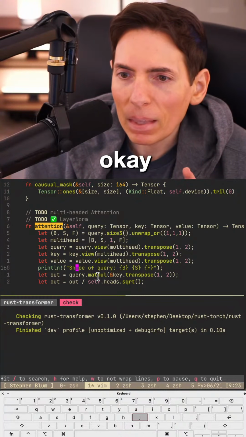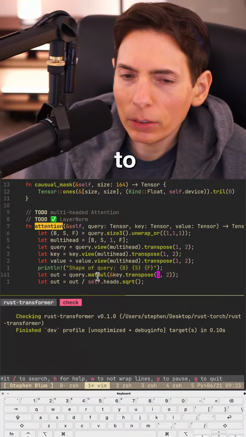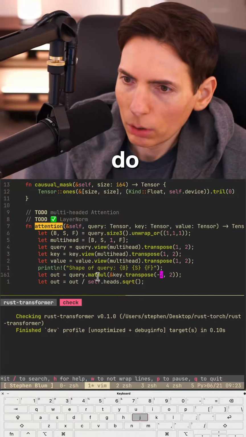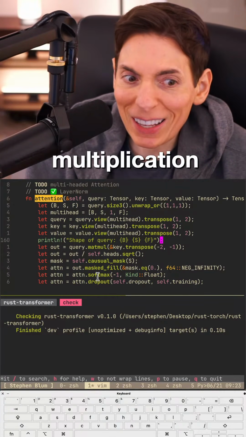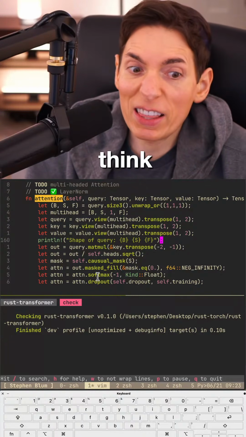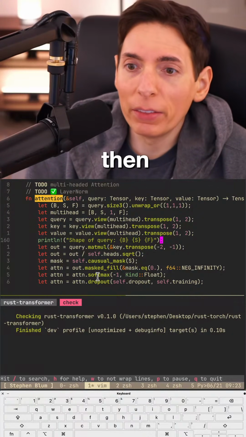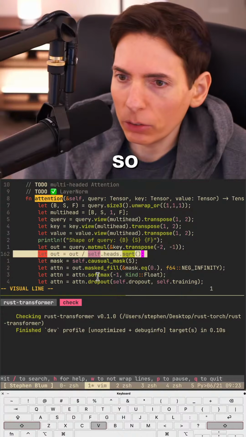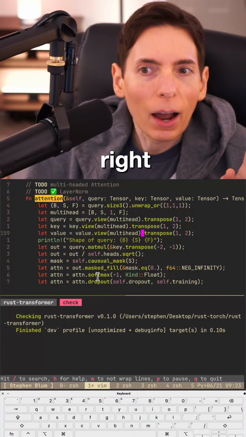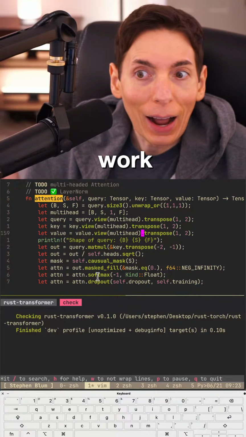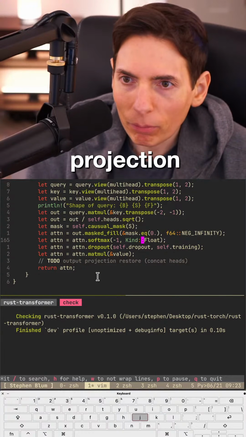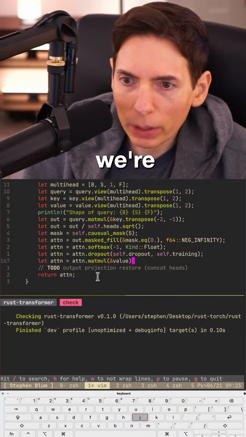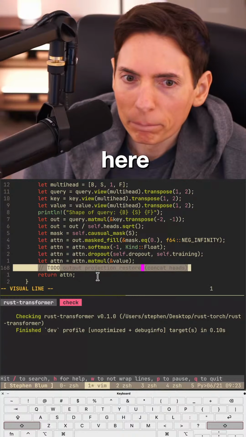Okay. And then I need to do the other way, invert it for the matrix multiplication, I think. And then we already have our scaling, so we're good. All right. I don't know if that'll work. I assume it might. Oh wait, it won't because we did not have our output projection. So this is where we're going to have a problem, right here.